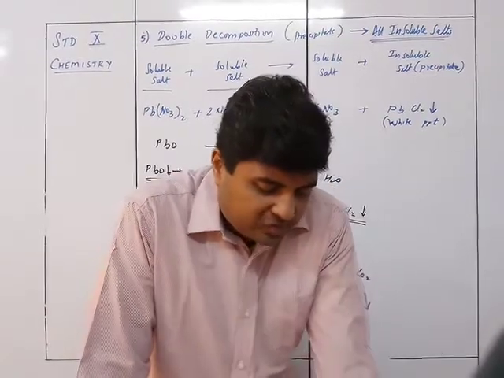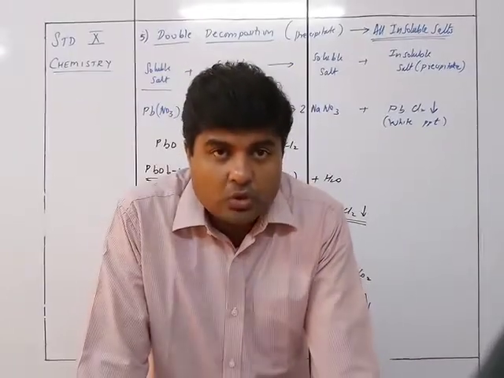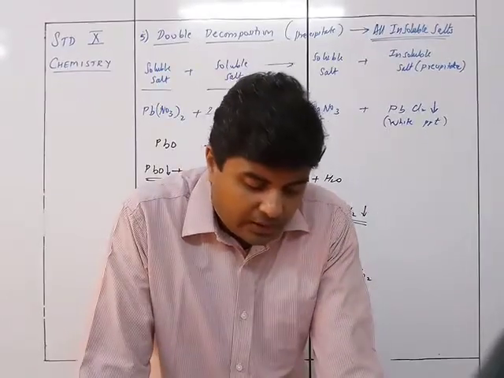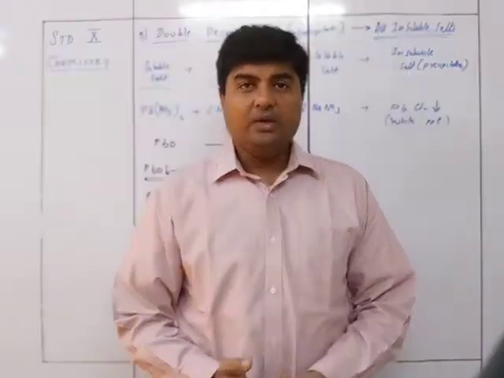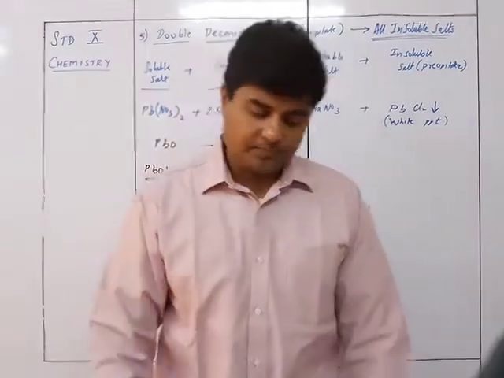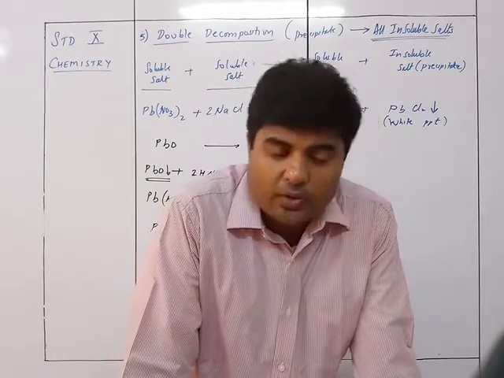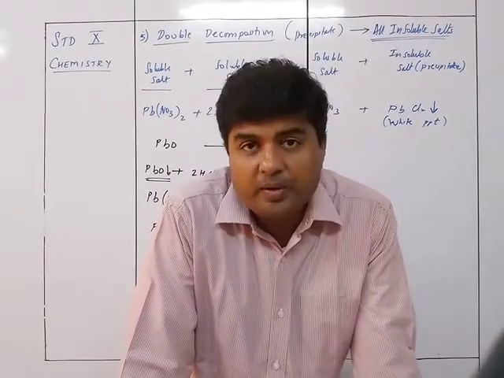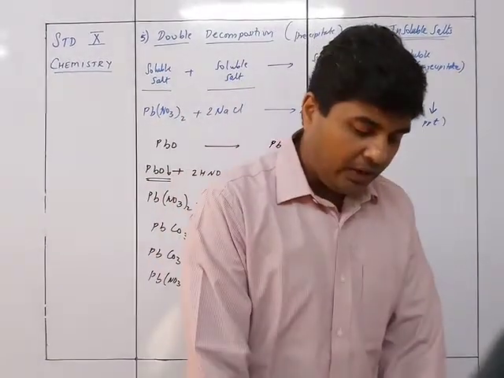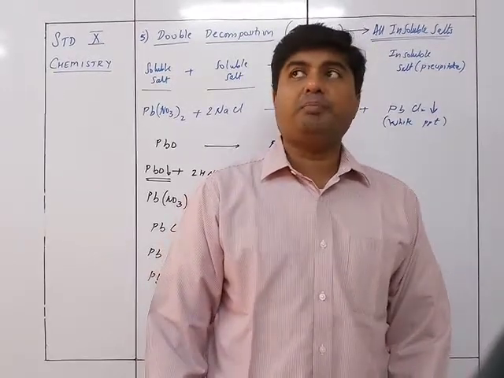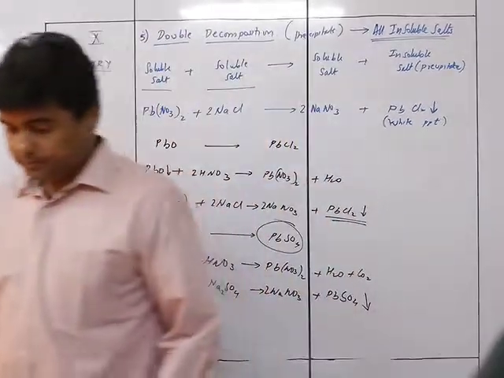So another example is the preparation of PbCl2 from PbCO3. So a chloride is going to be formed from a carbonate. Again the same thing: you take nitric acid, PbCO3 plus nitric acid will give you Pb(NO3)2 plus, since it is a carbonate, what will it give? H2O plus CO2. So the nitrate we have got, we are going to react again with NaCl to give you PbCl2 plus NaNO3. PbCl2 will be the precipitate. So in this way we have discussed the different methods by which we can prepare the different salts.